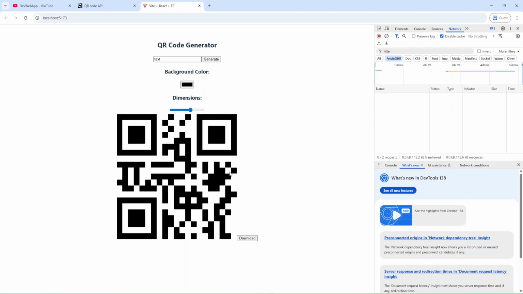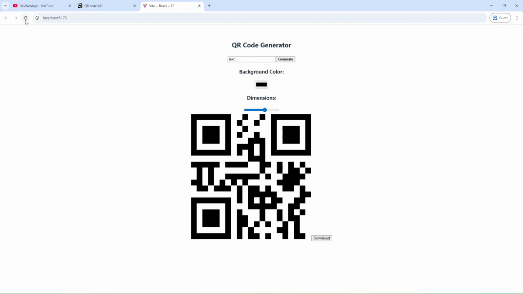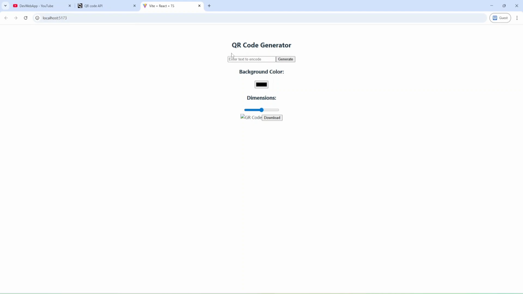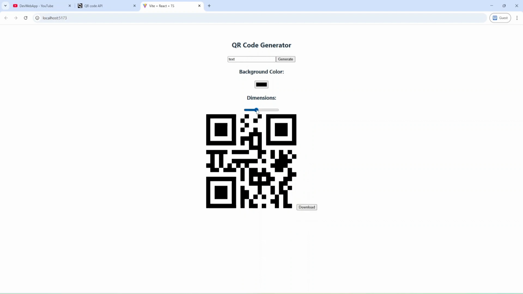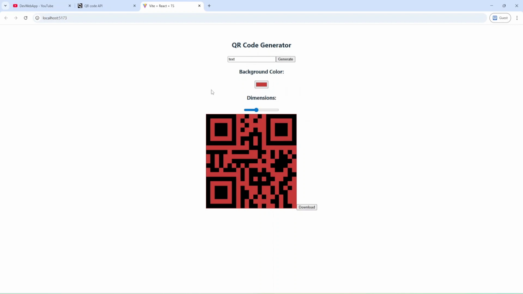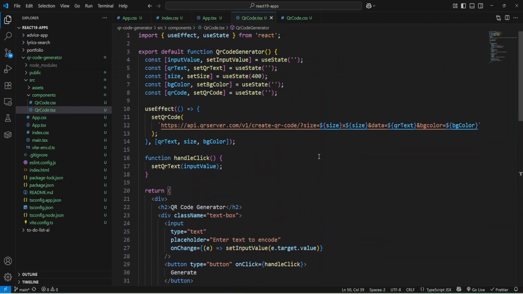Okay, and let's check, and as you can see we have image, but for some reason we don't have request, and let me add it again, and as you can see we have our QR code, and also I can change dimensions, and also can change background color, and now we need to add styles, and for that